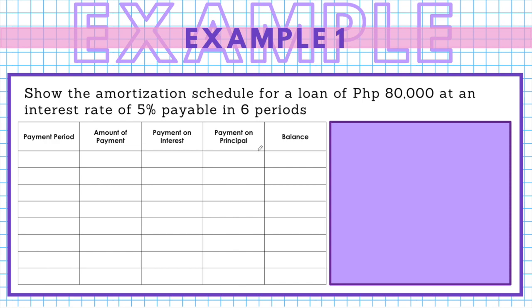So I'm going to be filling it in by 1, 2, 3, 4, 5, and 6. And then lastly, I will be putting here the total. I put the space here for the balance later on. Okay? As for the amount of payment, each period would include the monthly payment that we have computed earlier, which is